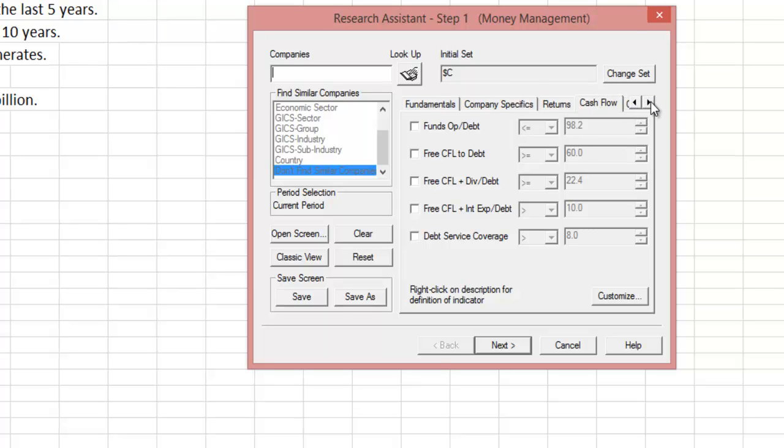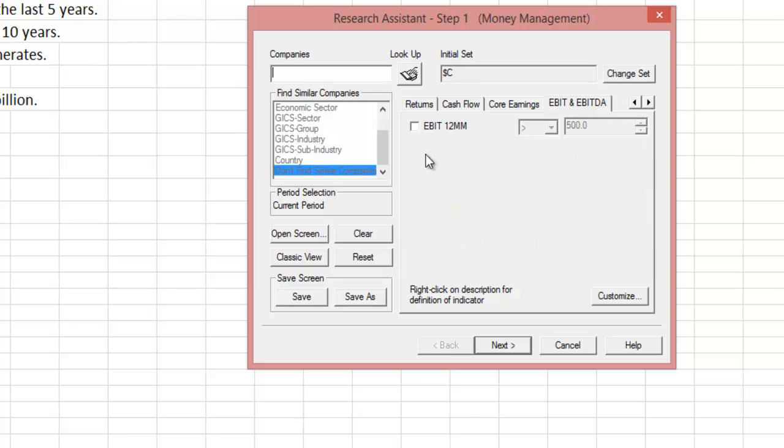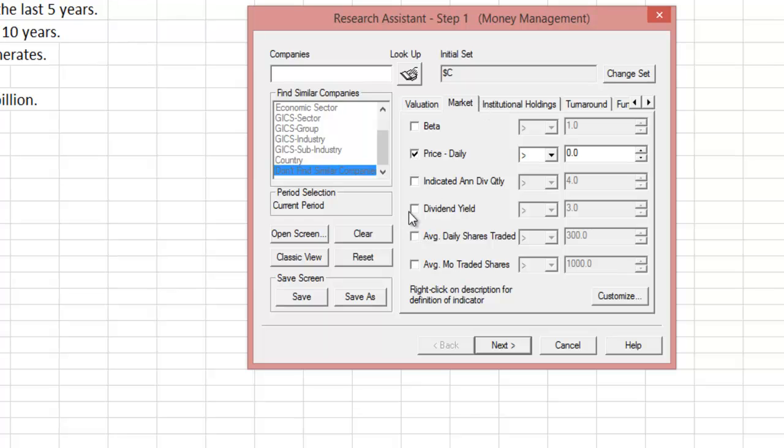On operating profit, here we go, operating profit to also be greater than 0. And dividend yield. The dividend yield is the dividend divided by the price. So if the price is positive, then the dividend yield will also be positive. And then I'm going to go ahead and hit